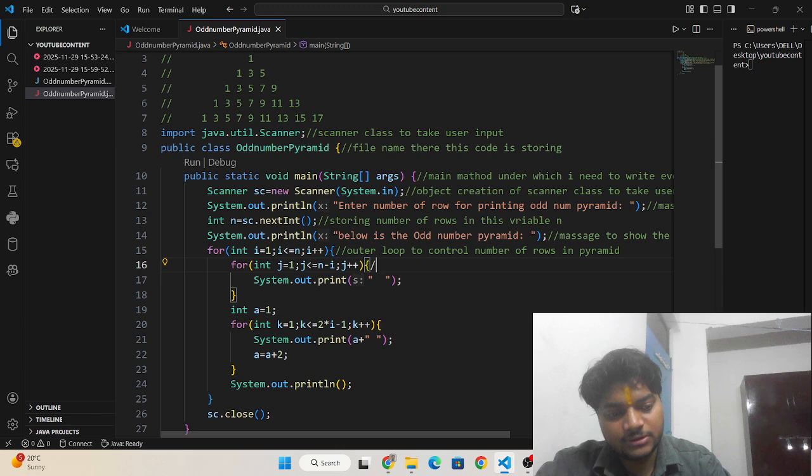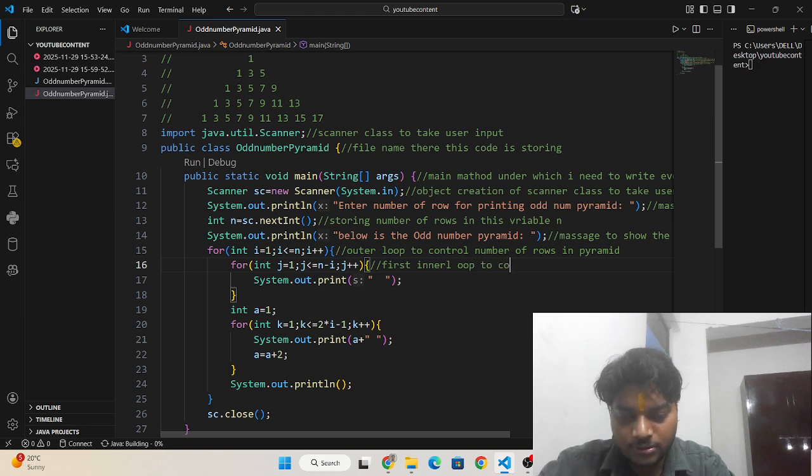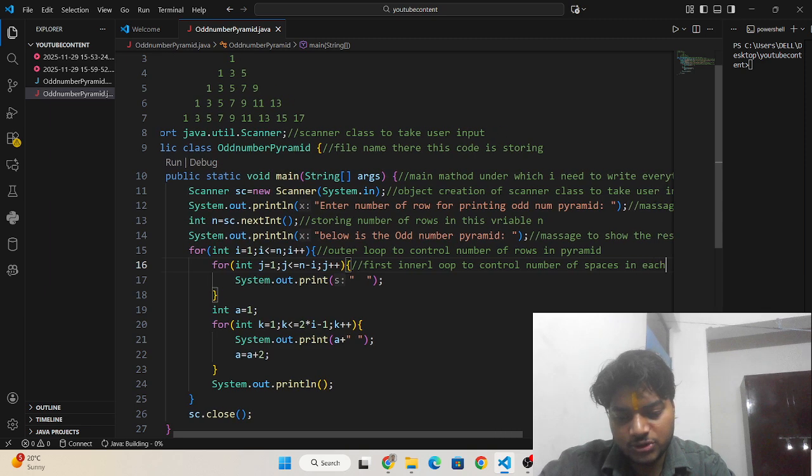And this is the first inner loop to control the number of spaces in each row.